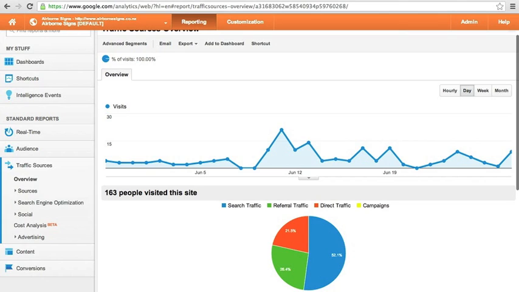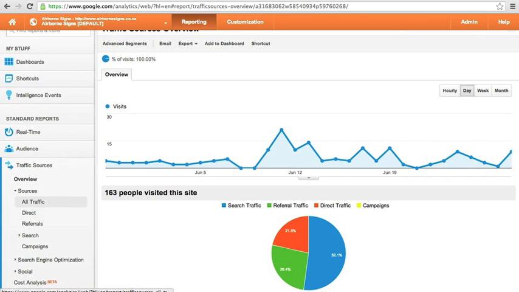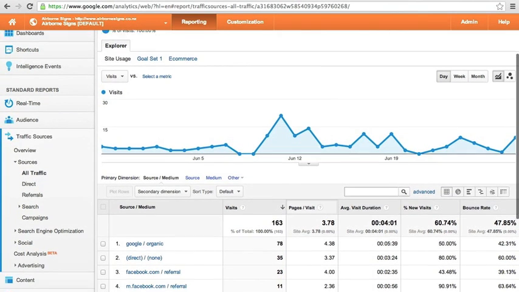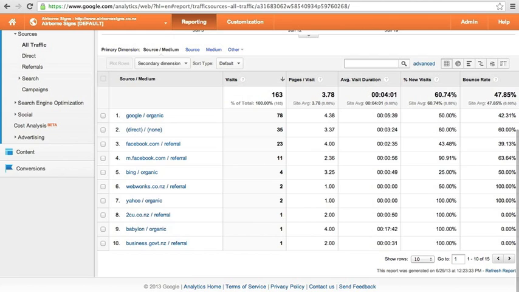Just quickly, I'll show you the overview, which shows you a pie graph of where you get a majority of your traffic from. So 52% for Airborne Signs is search traffic, 26% is referral traffic, and 21% is direct traffic straight through to the website. So it's some quick view information. We want to drill down to the all traffic section, so under sources, all traffic,